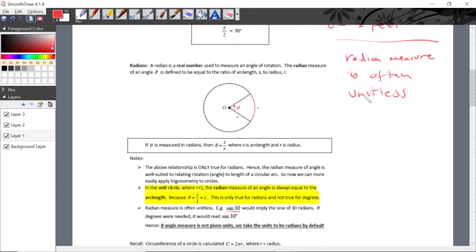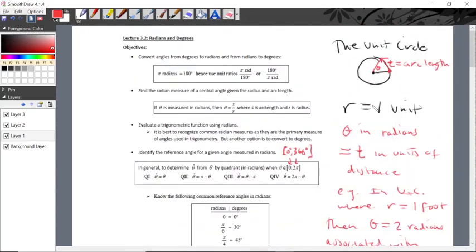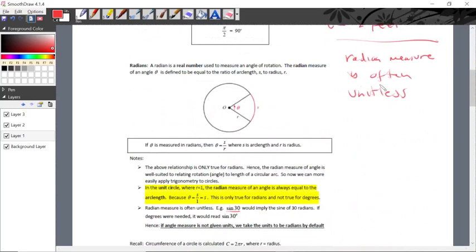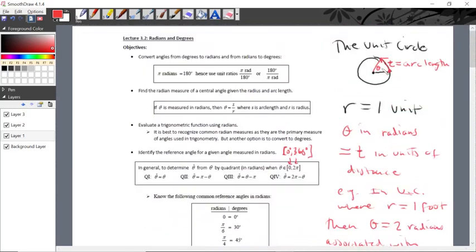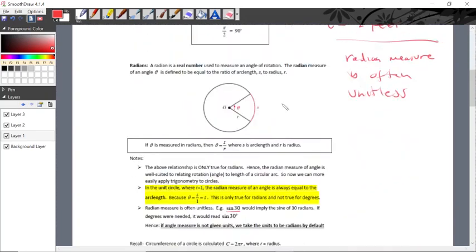I said over here how to remember what a radian is. That's the way I remember what a radian is. For instance, if we have 1 radian of rotation here, it's associated with a distance of 1 unit along this circle. So the radian is defined so that the ratio of the arc length to the radius is always equal to the radian. S is equal to the arc length,